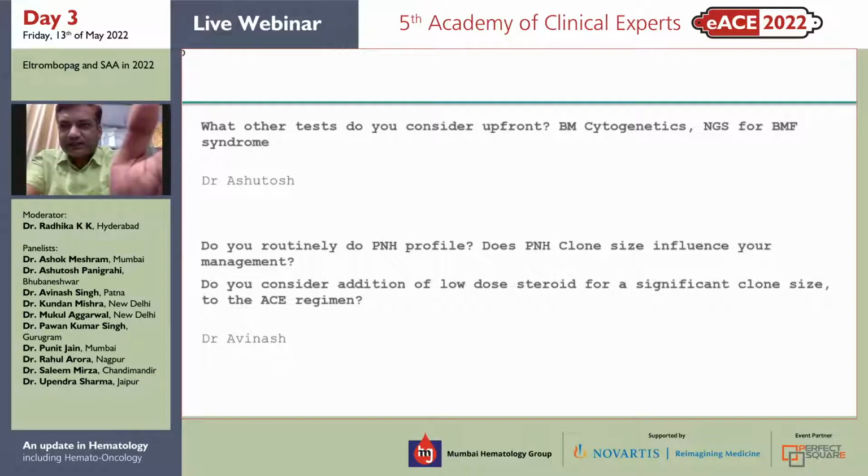Can I add? Yeah, sure. Thank you. Sometimes what happens when we send the stress cytogenetics, it is difficult to get the result. Because of low TLC, we get multiple times that it's not growing. And we are waiting for bone marrow transplant. So suppose the patient has HLA-matched siblings, then sometimes these are the indications where we have to do NGS to rule out Fanconi anemia or something like that. Otherwise, I don't routinely do NGS in these cases.